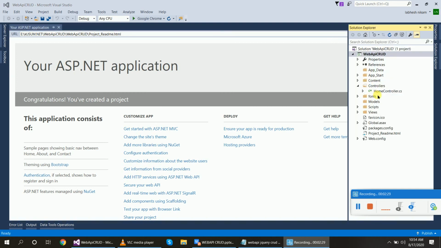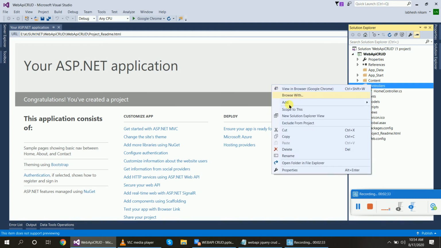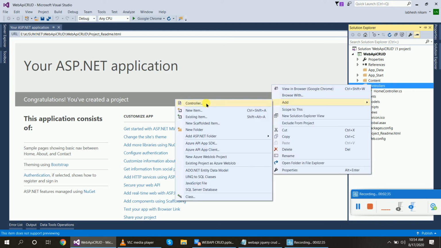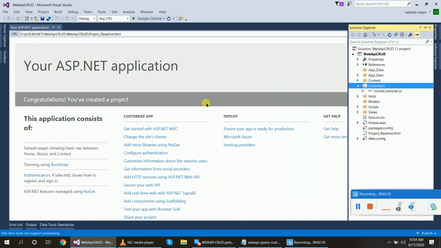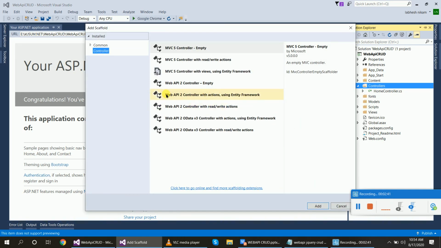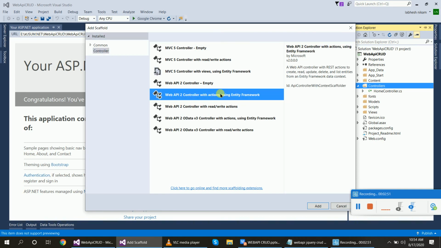Inside of the controller, we will create a new Web API controller. We will select Web API 2 controller with actions using Entity Framework. So there is no need to write action results or action methods to create CRUD operations in Web API.